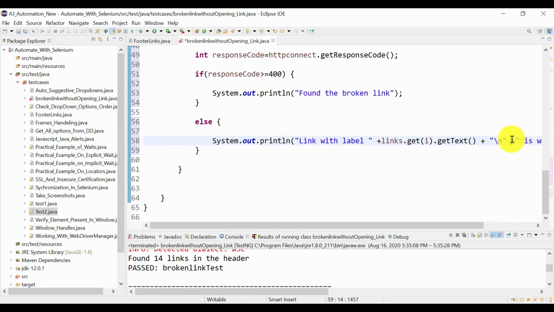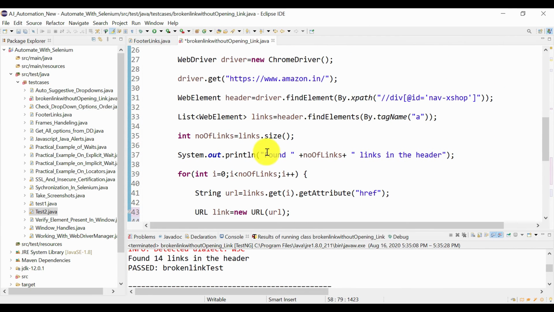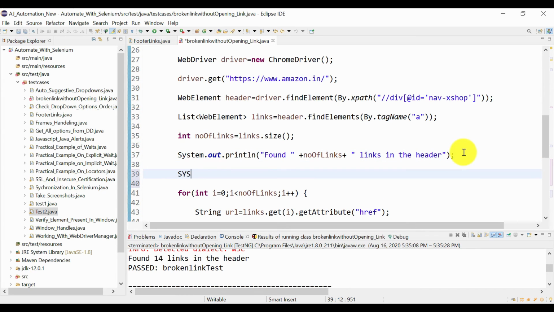I think no need to print it on the next line, it won't be that much longer. And also, here we printed how many links are found. Here we can print